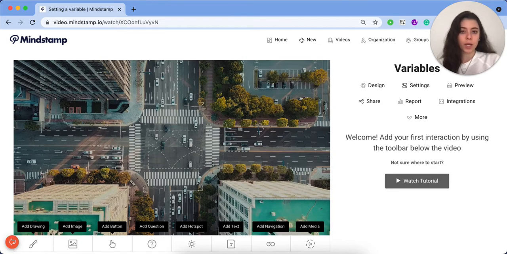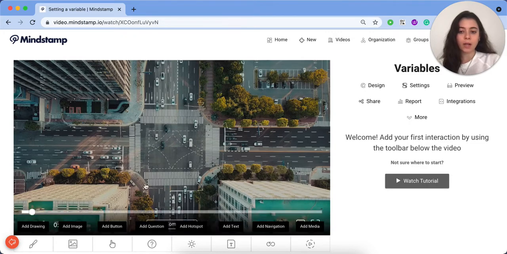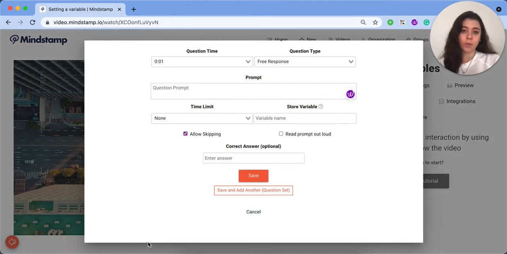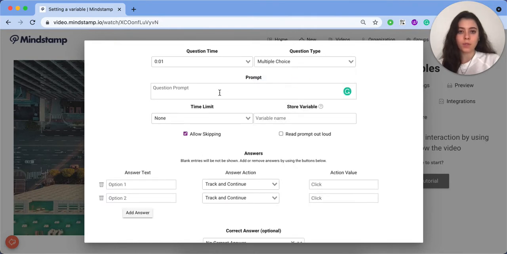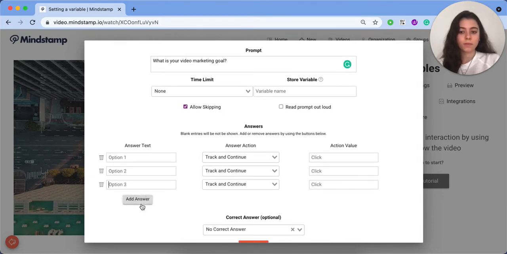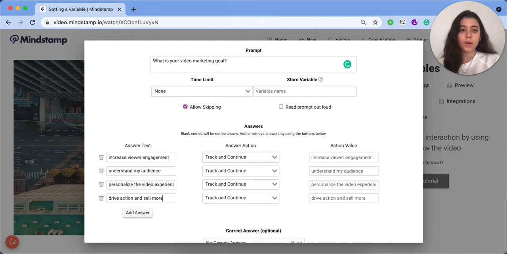The first step to creating a variable is storing that variable within a question. So I'm going to click Add Question on the interaction bar below my video, and we're going to create a simple multiple choice question. So I'll change the question type to multiple choice, and I'll add a question prompt of what is your video marketing goal. Now that we added the prompt, I'm also going to add 4 answer options. Now we have 4 answer options: increase viewer engagement, understand my audience, personalize the video experience, and lastly, drive action